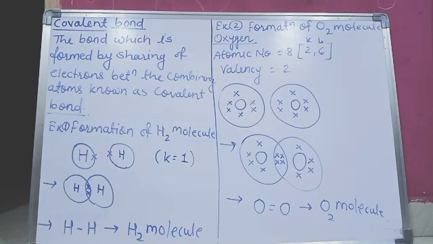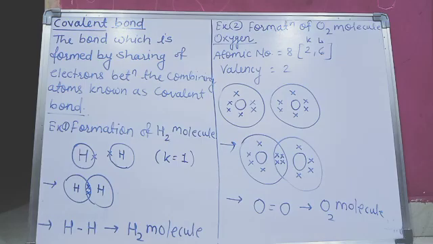Now in another example you can see the formation of an oxygen molecule. Now oxygen is a very essential gas, as you know. The atomic number of oxygen is 8. So what will be its electronic configuration? 2, 6. Meaning its K shell is stable, but the L shell, which is the valence shell of oxygen, has just 6 electrons. Meaning how many electrons are required for oxygen to attain stability? 2 more. So here the valency of oxygen is 2.